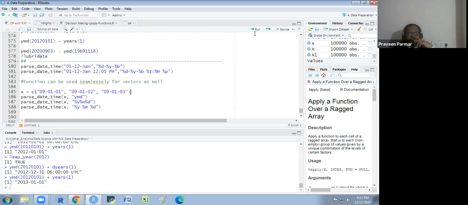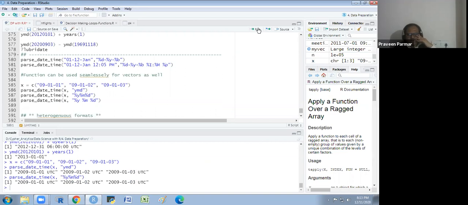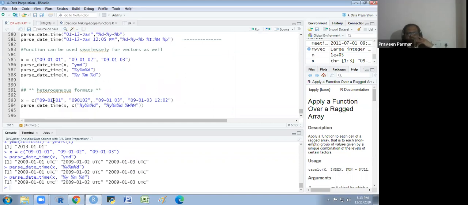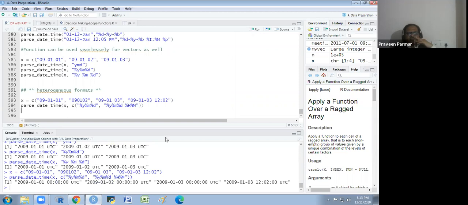So I just run this. You would see it in a better way. You can also search on the internet for something about the lubridate package. You will get so many things over there. Sometimes we have a heterogeneous format like this and this. At that moment, we can parse that time in this format, and we are going to convert it into our default format. So you will see we get all in the same format. You do a little bit of practice, then you could do it.